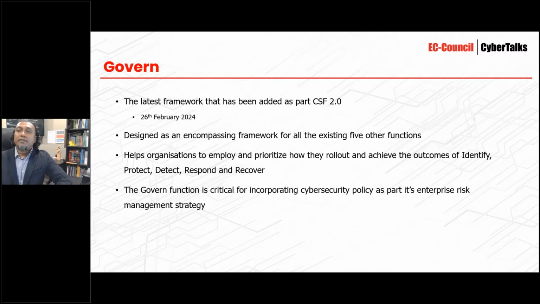An example of the govern function in the telecommunication industry would be the following. The top-level executives in the organization discuss and agree on how a cybersecurity-related issue might affect the achievement of the organization's objectives. These objectives could be to ensure that they provide continued service, as in some countries, telecommunications are listed under critical services, especially if they're supplying to core government organizations. It could also be about ensuring customer confidentiality. Based on these objectives, the top-level executives will agree on roles, responsibilities, policies, and oversight.